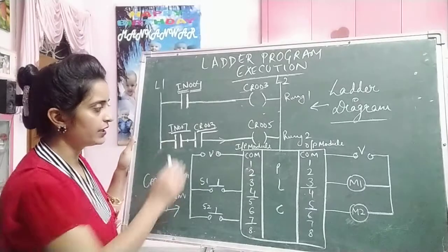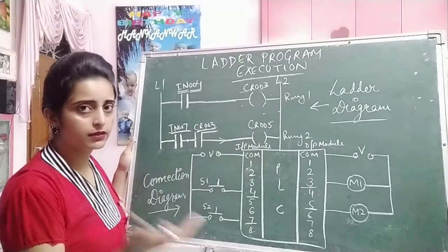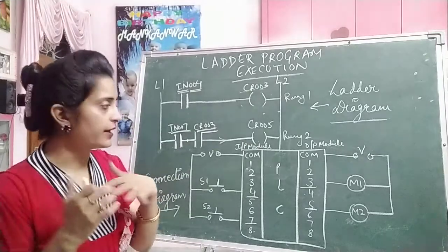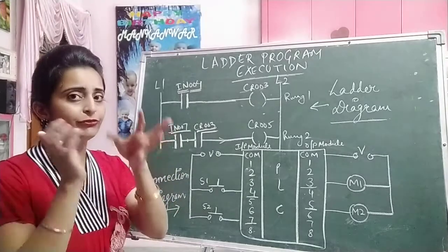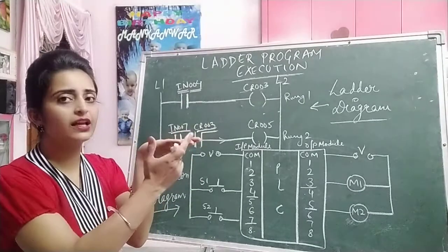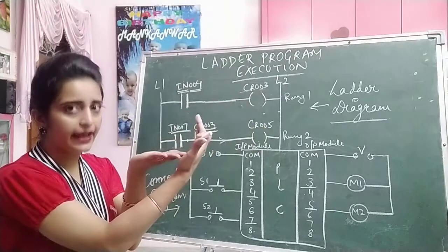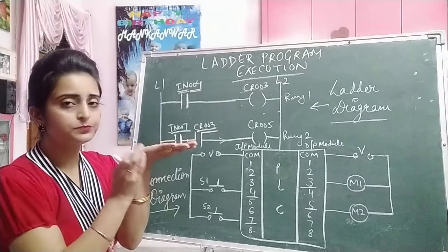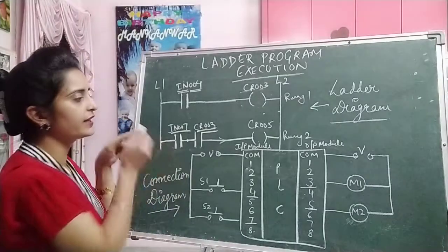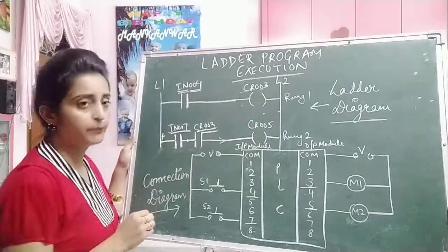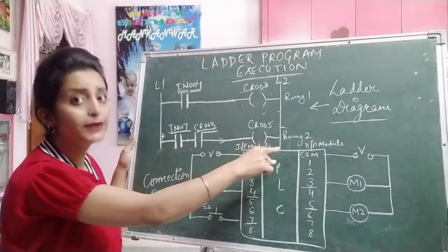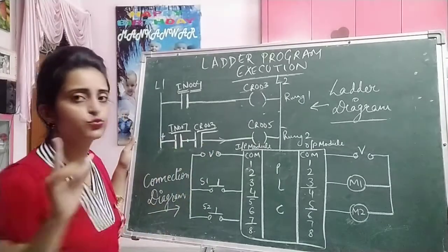I will explain this in another lecture, when we discuss AND, NAND and NOR logics. Then I will explain more if you have any doubts. But I think it should be clear that we have two inputs in a single line and the output is connected at the end. So only if both of these signals are high will that connection, the signal flowing from this phase positive to the negative or the ground, be completed. This circuit will get completed only when these two inputs get a high signal.